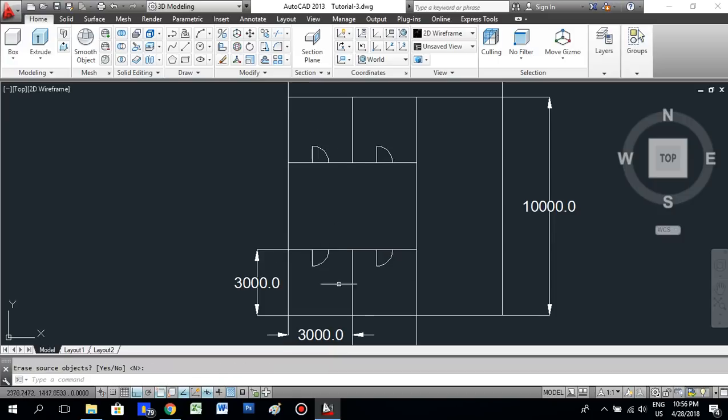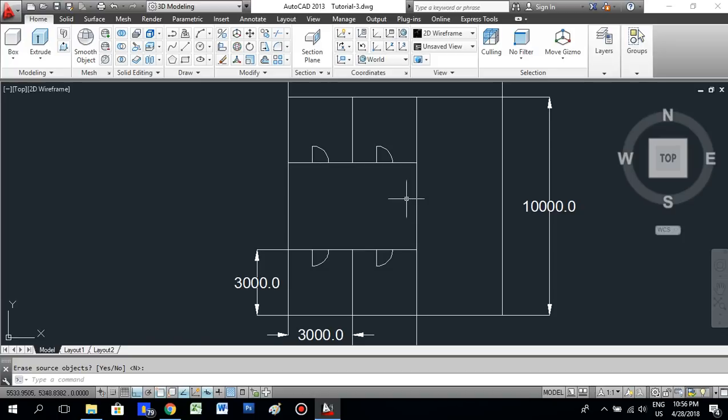So these two are copied here by using the mirror command. Okay, so this is how we made the doors for all the rooms, and now we are going to make the